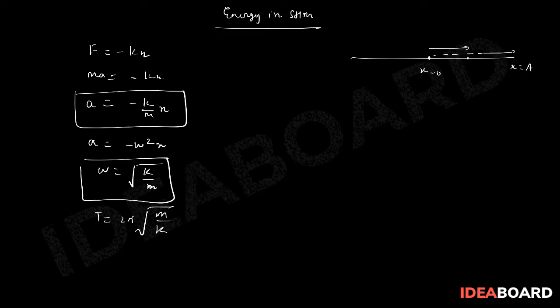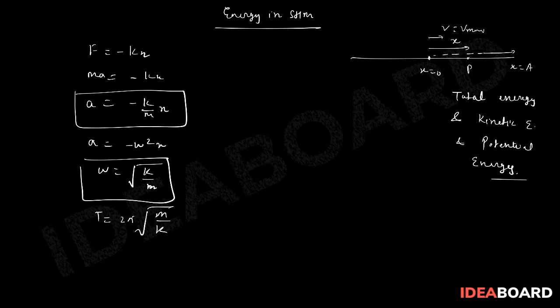Let's say the particle is at point P, x displaced from the mean position, then what is the value of total energy, and kinetic energy, and potential energy? Correct? So, if you see at point P, we know that if velocity is v at this point,